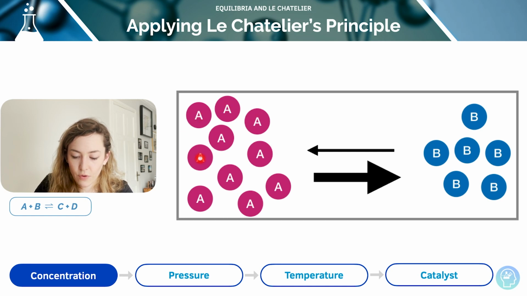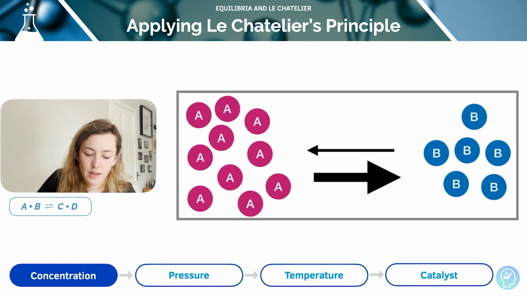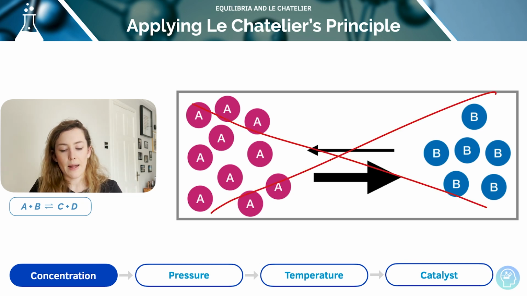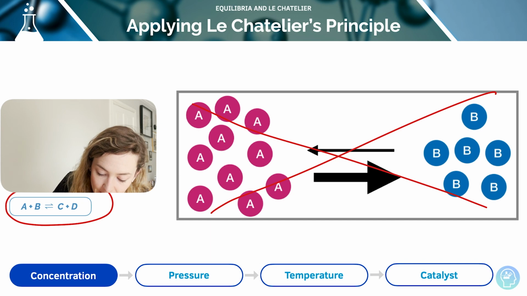So I've got 1, 2, 3, 4, 5, 6, 7, 8, 9, 10. And A plus B is going to be reacting together to make C and D. The equilibrium is going to shift to the right and more A is converted to B and vice versa. I mean, it doesn't really fit with this diagram here. So why don't we just think in terms of, if you look at this image down here instead,